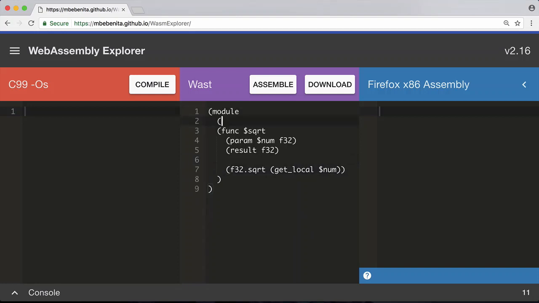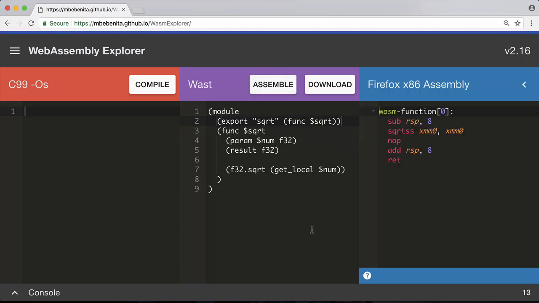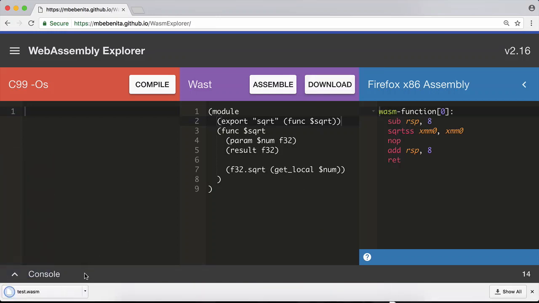To actually be able to use this function, we want to expose it to JavaScript, and the way we do this is with an export declaration in the WebAssembly module. We can give the export a name, say square root, and then we reference the function by the function label we gave it further down, just like you would exporting a function in JavaScript. Now we can assemble the binary using the in-browser tool, and then we can also download the binary to our file system. Moving this downloaded WebAssembly file to our main project folder, we can then edit our HTML file to